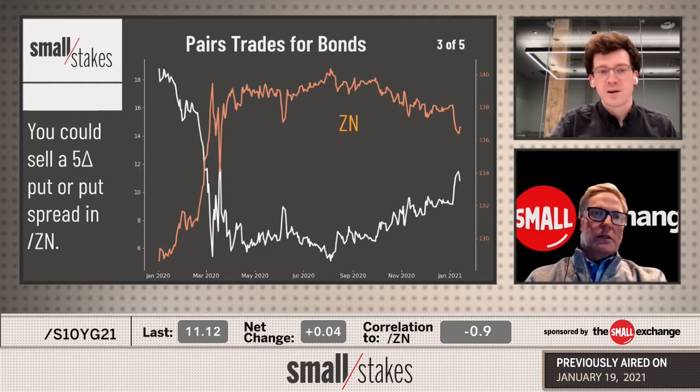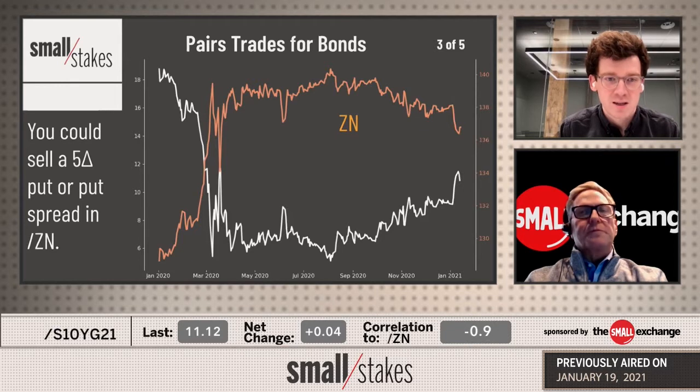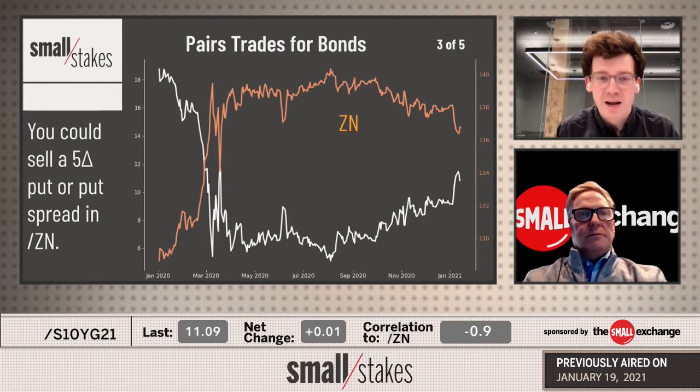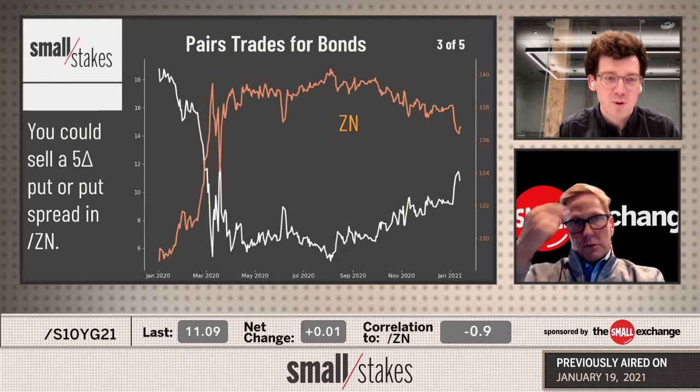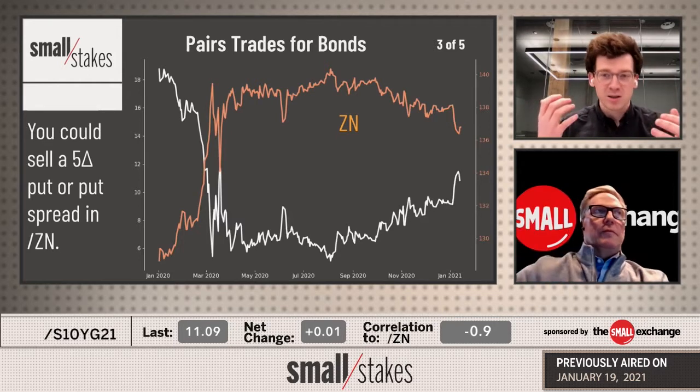Perfectly stated there. And yeah, just a little bit of furthering of this discussion here with ZN against S10Y. You're going to want to look at about 5 deltas there. That's about the notional volatility equivalent if you want to hedge part of that long S10Y position. And I know I put there that you could do the 5 delta put, but I'd really advocate more than anything for the put spread to define the risk in there, because the last thing you want is long S10Y and then some hedging long deltas in ZN.